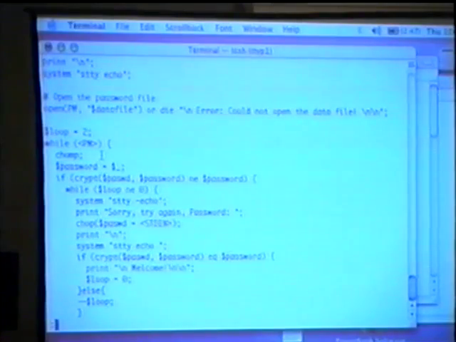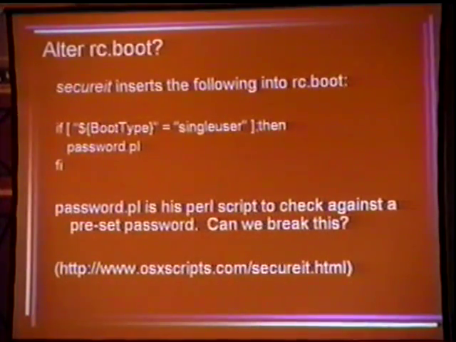Yes, in the back? Does the rc boot script prevent you from getting out of the script before you get to this point? If I remember correctly, yes. We're going to look at the rc.boot script. So it's setting signals as undefined.